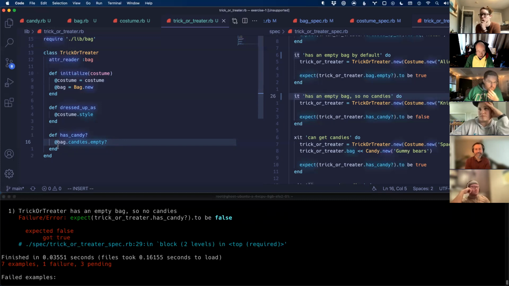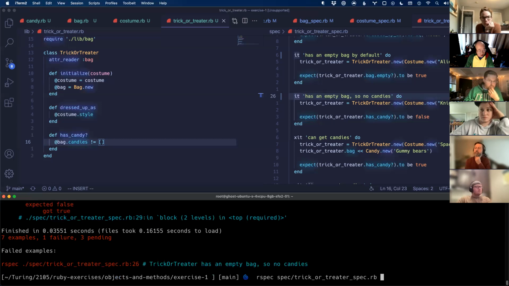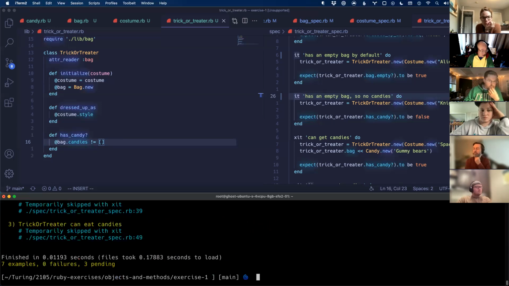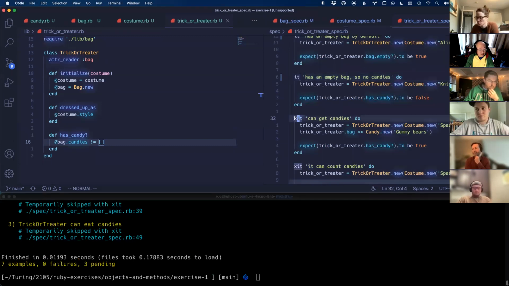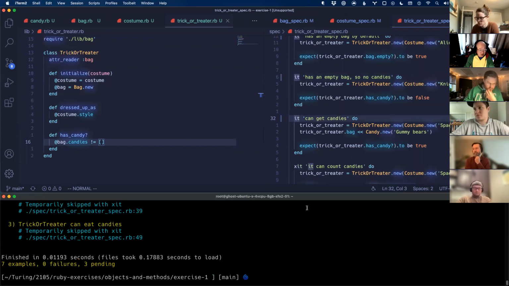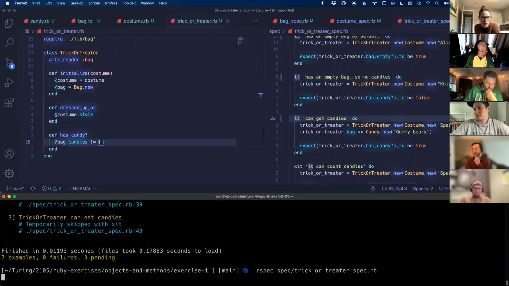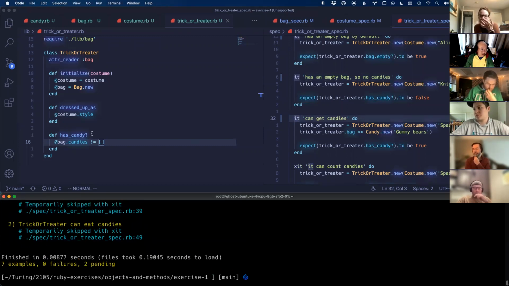So two ways you do this. I'm not a fan of that. Bag.candies does not equal. And that passes. And I'm going to skip this. So here we're checking the other side of that, and that passes. But this is like